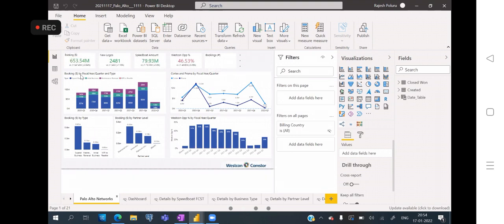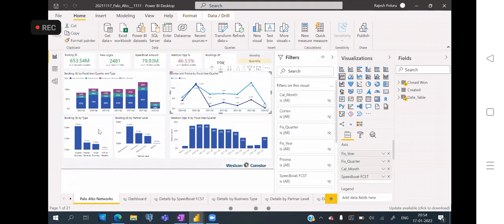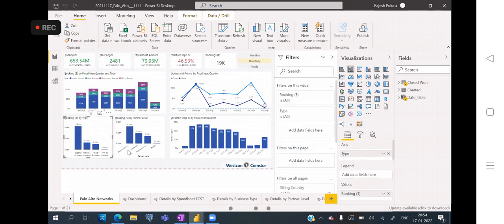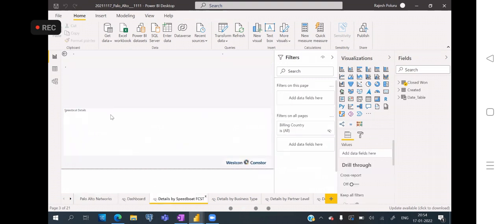This is one visual, this is one visual, this is one visual. A report is a collection of visuals that appear together. These are all visuals appearing together, right? So we are able to see different types of visuals in one place, appearing together on one or more pages. This is one page, and if you go to the second page,